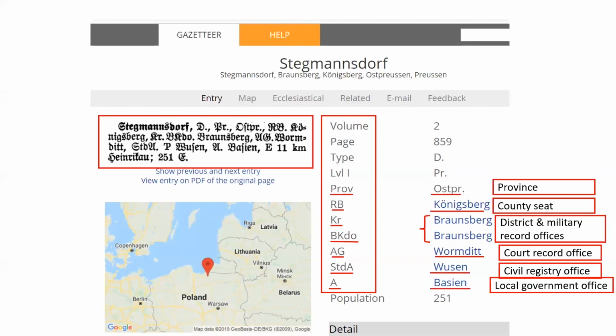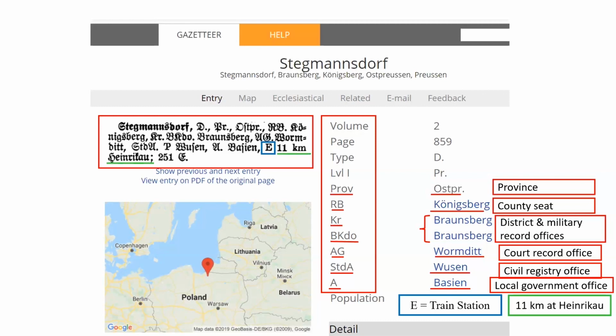of Bazin. One other thing that the entry shows is that the Roman capital letter E refers to the Eisenbahnstation, or the train station. According to this, the train station was 11 kilometers away from Stegmansdorf at the town of Heinrichau. These are all important, and you need to make a note of them as they pertain to your own ancestral town. For a more complete understanding of German records and jurisdictions, see my Brigham Young University foreign webinar, Understanding